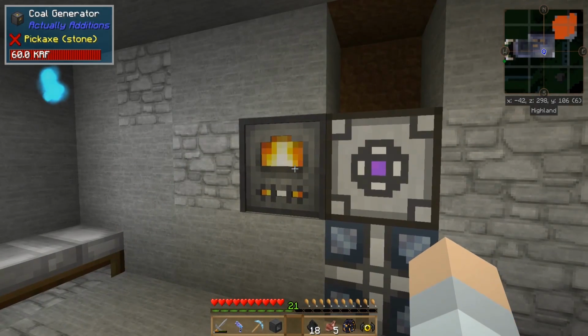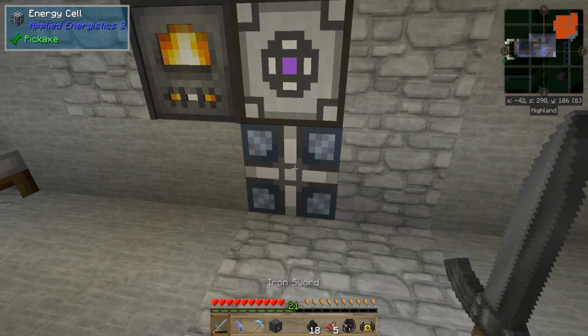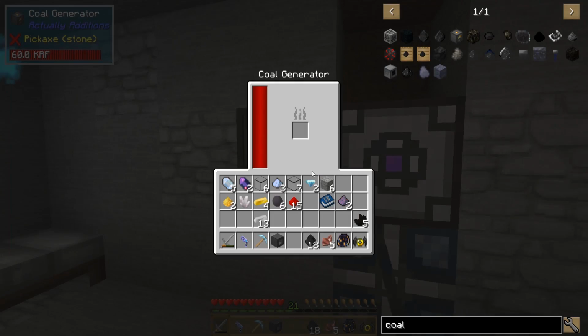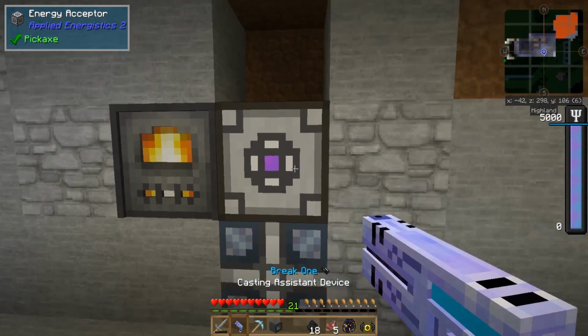Perfect. It keeps its energy, rather. So it's not going down at all. So it's not charging it. Which is a really big bummer. Why are you not charging the thing that you're supposed to be charging? I don't get it. Anyway...